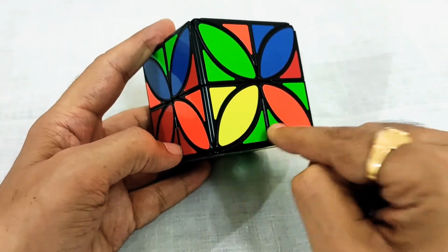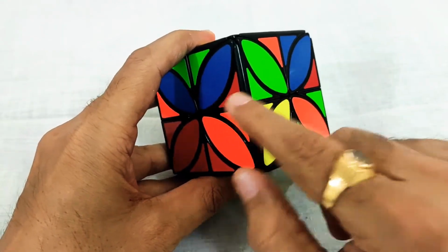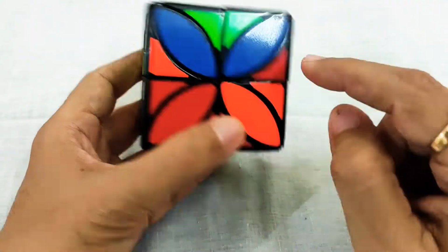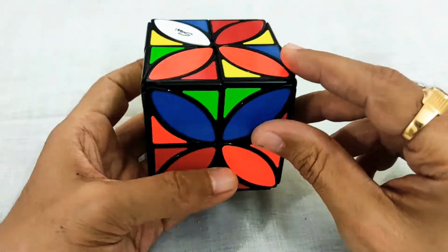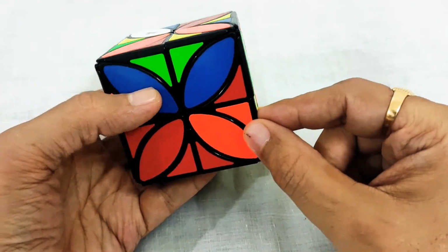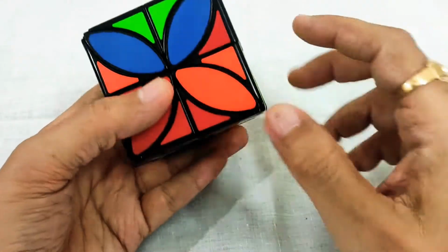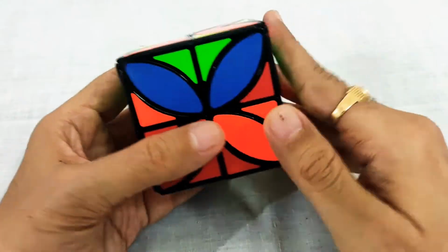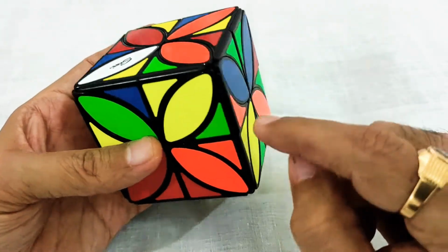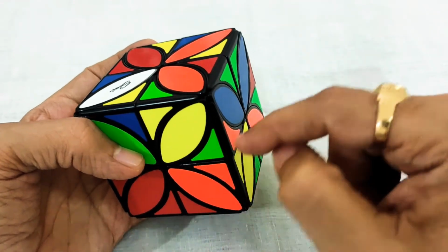Now green and blue, so green and red. So green and red is here, but it is of the top layer, it is not of this layer, I mean this corner. So where is the other? Okay, so this green and red belongs to this side. Okay, so how to place it into this position? So simply what we have to do is, as I said, we will have to use the algorithm which I showed you. Okay, so this green and red belongs to this side, so we have to do it anti-clockwise